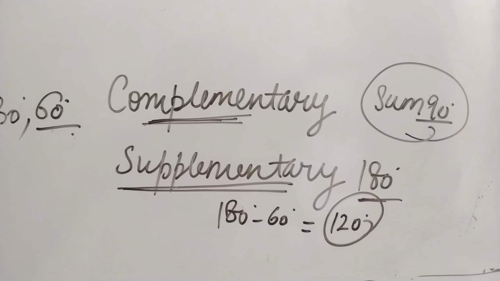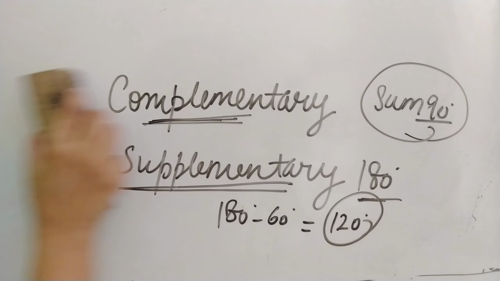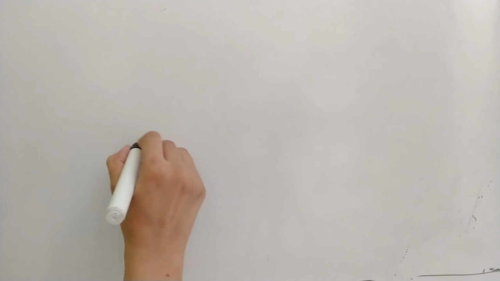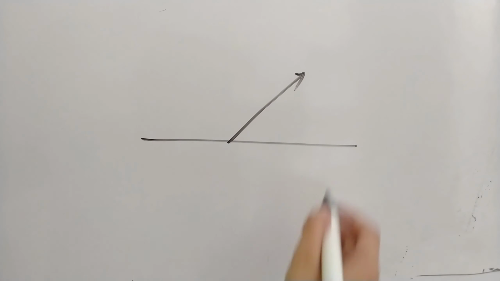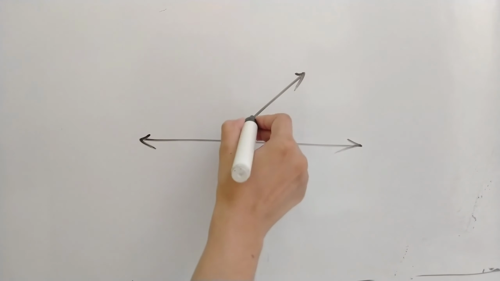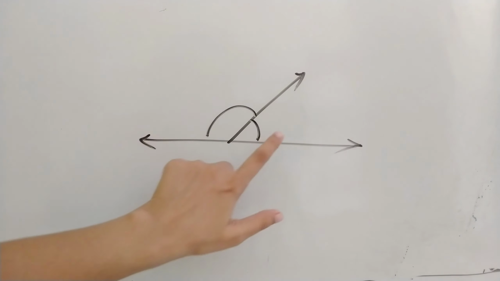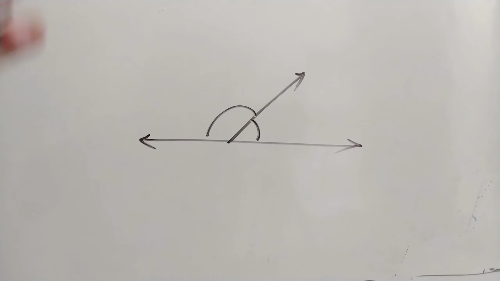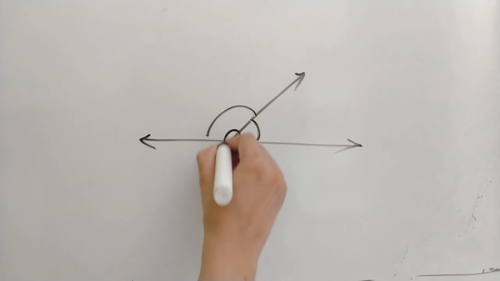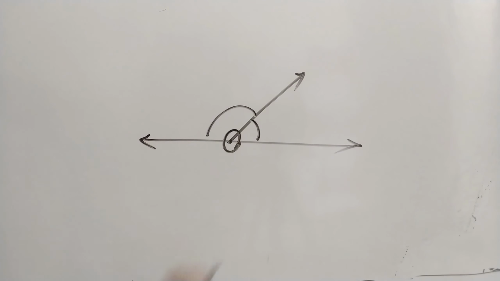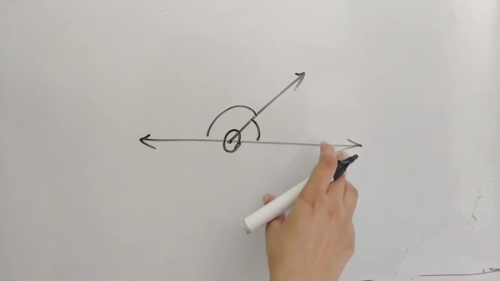Now the next type of question that may arise over here, before that you must understand what adjacent angles are. Adjacent angles are those angles which touch each other. In simple terms, they touch each other. For example, this is an angle and this is another angle. Both angles are touching each other. You can also use definitions as well. It will have one common vertex. It is a vertex that is included in this angle.